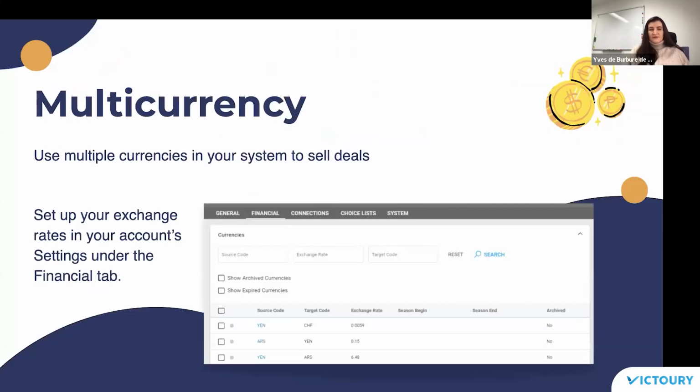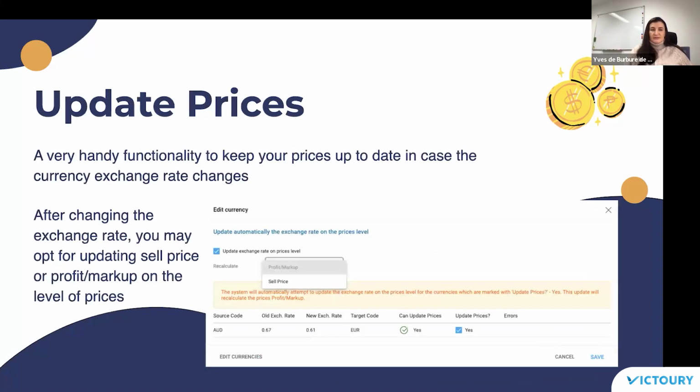The multi-currency, of course, is the feature that allows tour operators to sell deals even in other currencies, in foreign currencies, different than their home currency. For this, the first step to start on that we will even test a bit will be the currencies section.